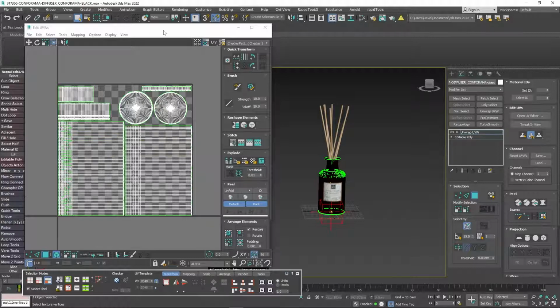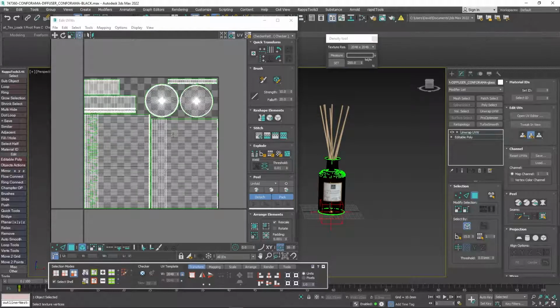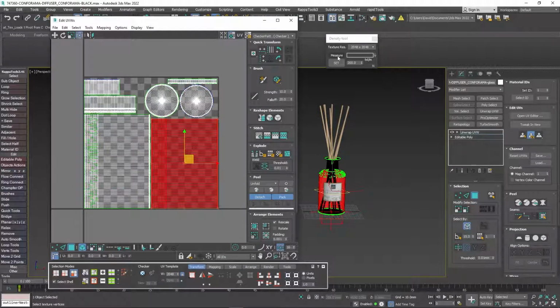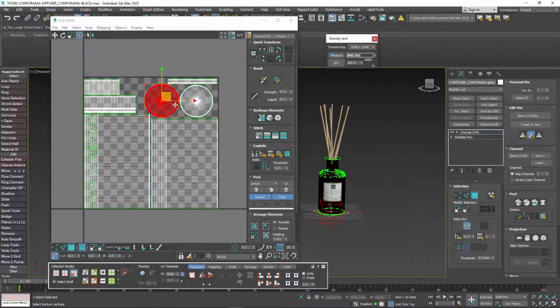Okay, for example, if I use this plugin for checking density, as you can see, hit here, select on the measure. It's about 800 texel density. This one, you can see they are the same. This one, this decimal is not really important because it happens, but overall they have the same density.